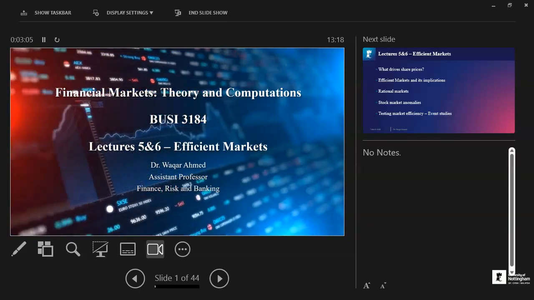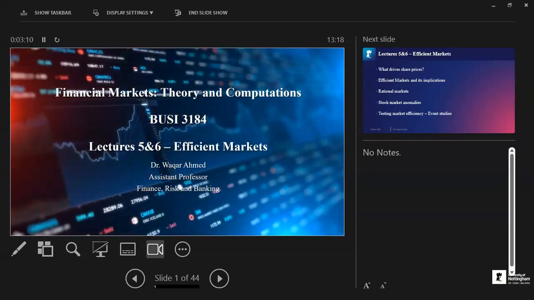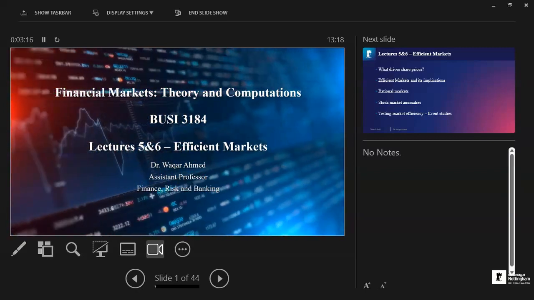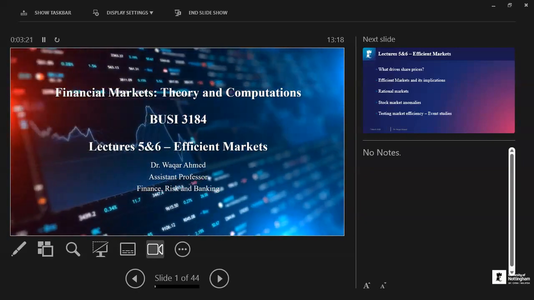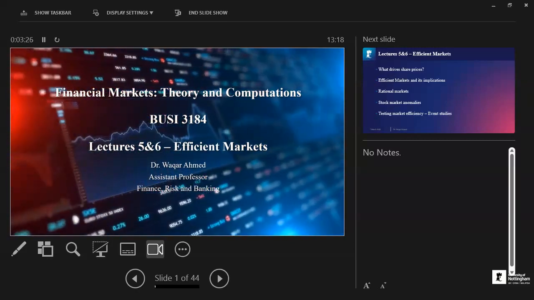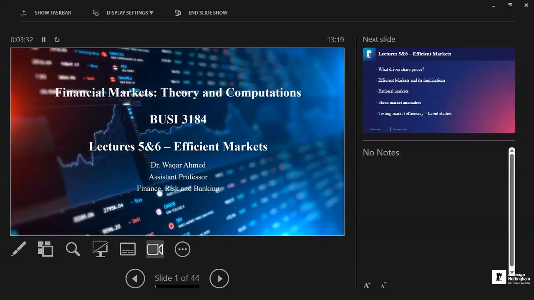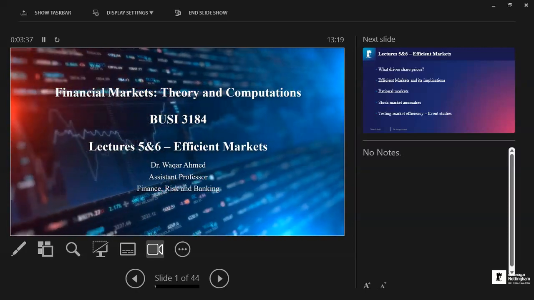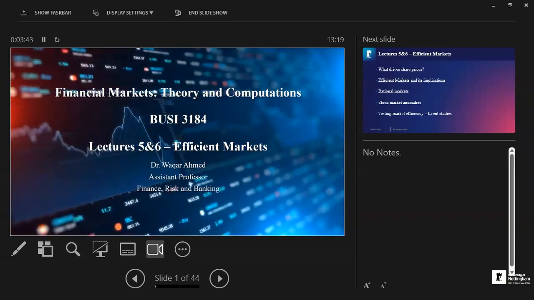So you need to keep in mind what the objective is. Why are you doing all this? You want to create optimal portfolios because you want to get the highest return for a given level of risk. Someone who doesn't know about finance or how to create optimal portfolios may be holding less than optimal portfolios. If you don't know, then you might be holding a portfolio that gives you a lower return for the given level of risk. But if you know,